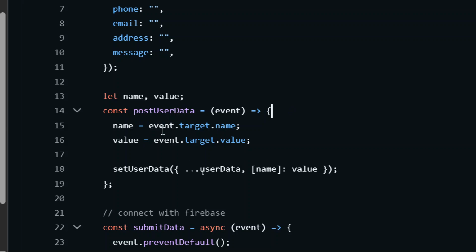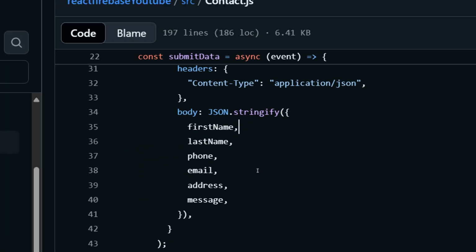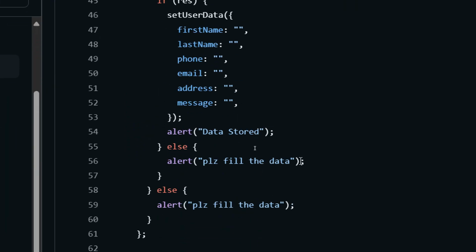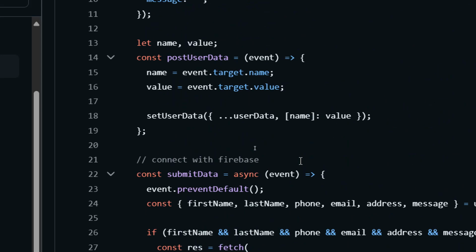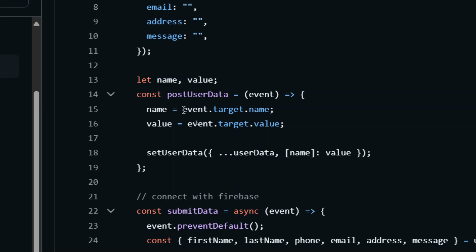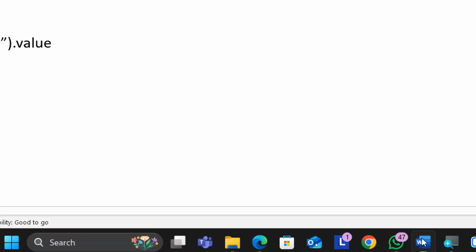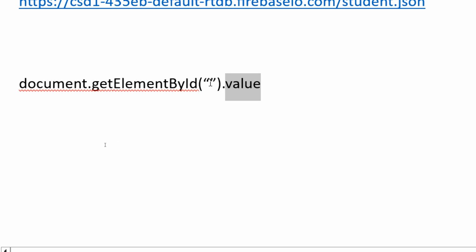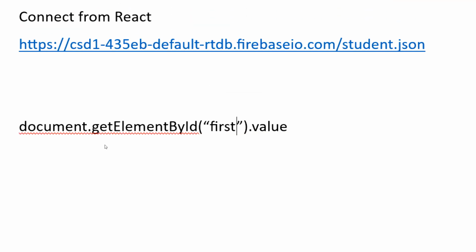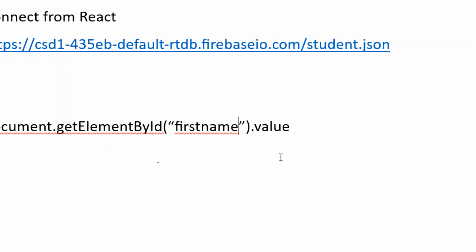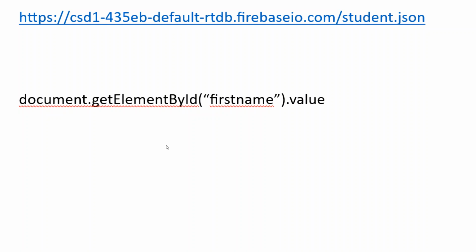So now what is this one and what is this one? We have to know these two: event.target.name and event.target.value. So event.target.name is almost equal to something like document.getElementById of. What is the name of our tag here? firstName. So in React JS, instead of writing this one,